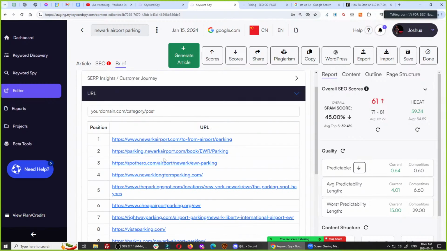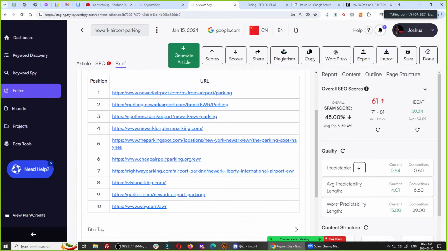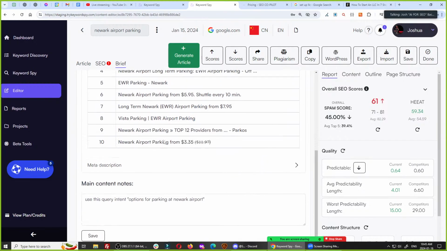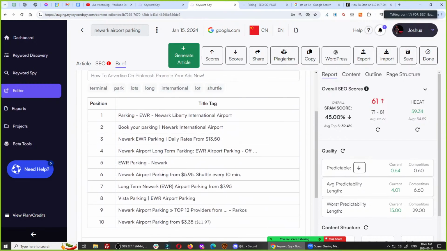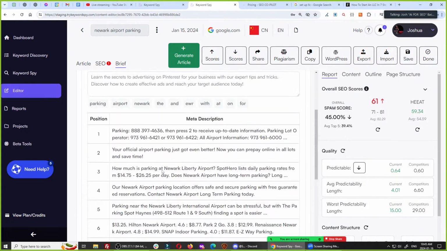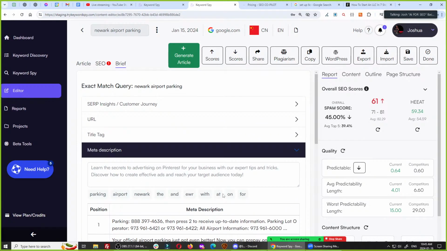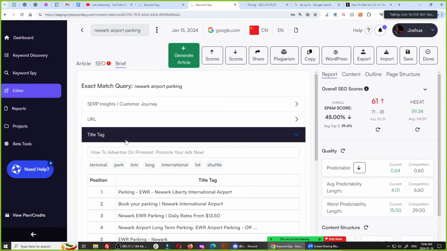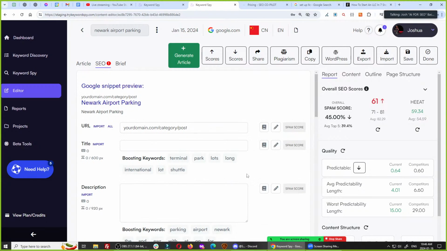You can also look at the URLs the competitors are using and choose what URL is going to be. Look at their title tags and spy on the competitors and decide what your title tag is going to be. You can also look at the meta description and decide what your meta description is going to be for the brief. We also show you, in terms of our AI scoring, which words scored the highest. And the meta description AI is different than the URL and title tag AI, by the way. The best scored entities are different. Not only that, but you can also generate them here in the SEO, right?